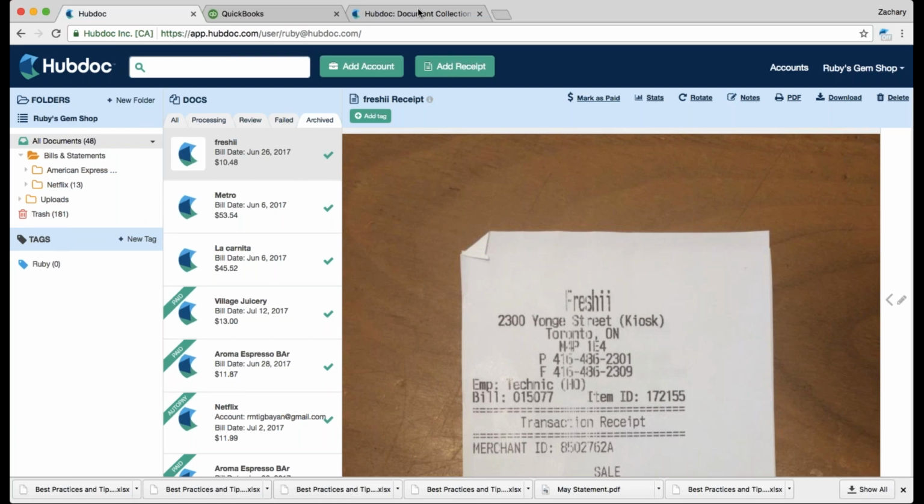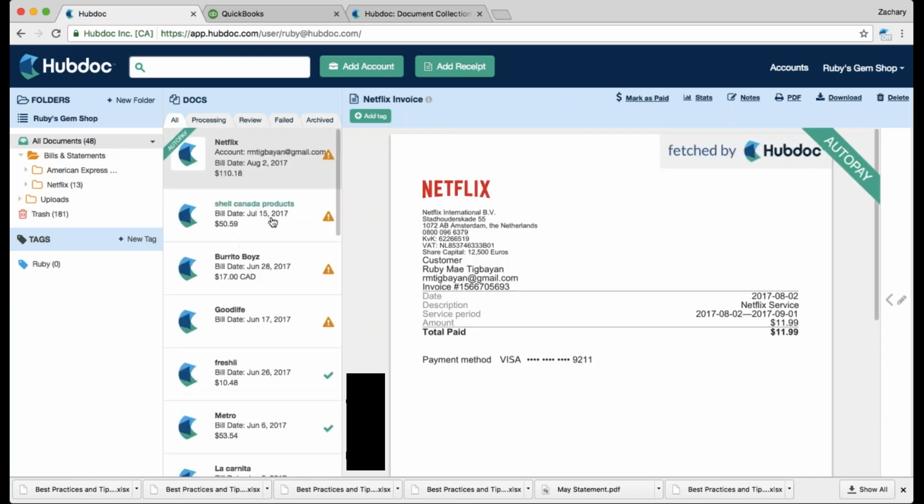Some additional features which are super helpful for internally organizing your documents would be the tags, the notes feature, and the paid feature. So let's say, one of the options is the tags feature. You can create a tag to categorize your documents while keeping them still in the folders that you establish here by vendor name. So let's say, for example, a